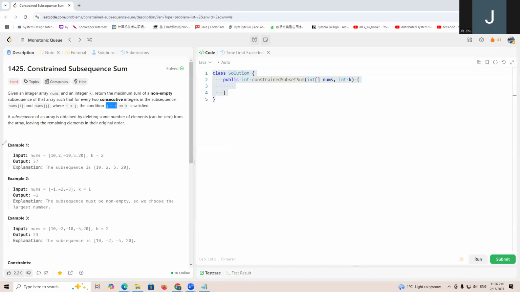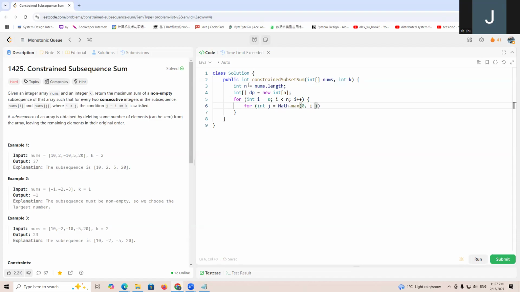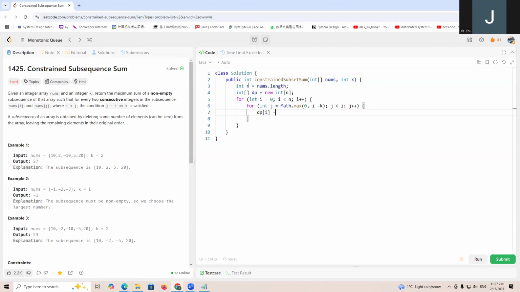If we think about the DP way, we may have int a equals nums, and we have, for example, dp equals new int of the length. Then for int i equals 0, i smaller than n, i plus plus, and for int j equals, for example, at least greater than or equal to 0, and i minus k, and j smaller than i, j plus plus, then we have dp[i] equals Math.max of dp[i]